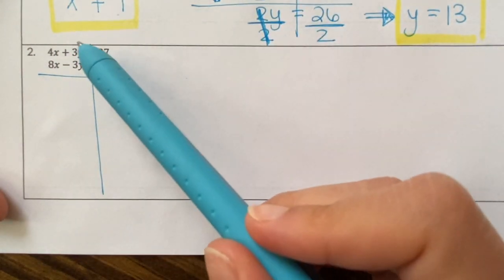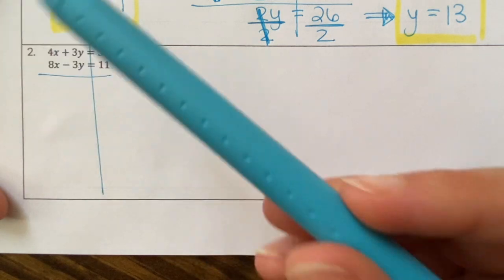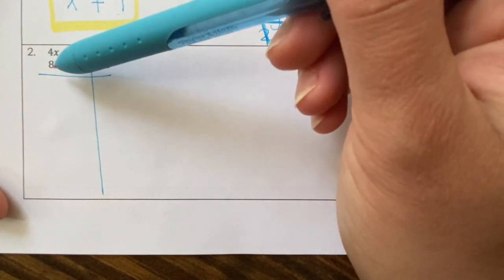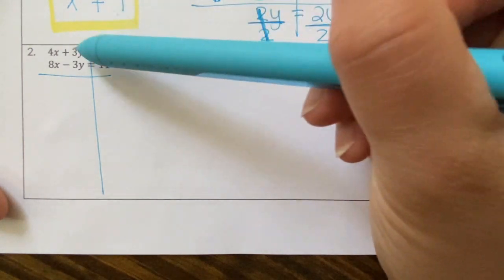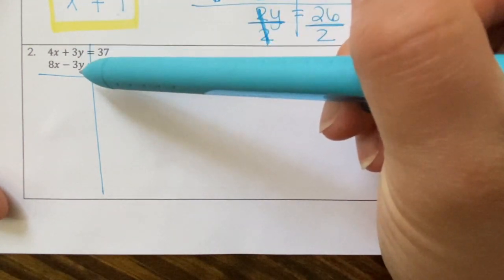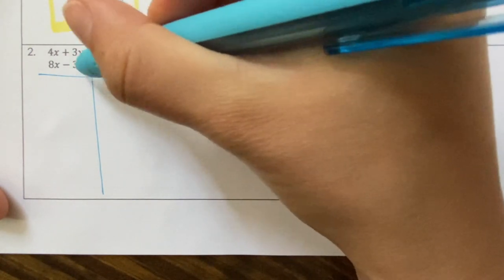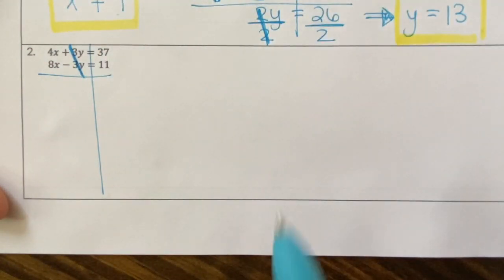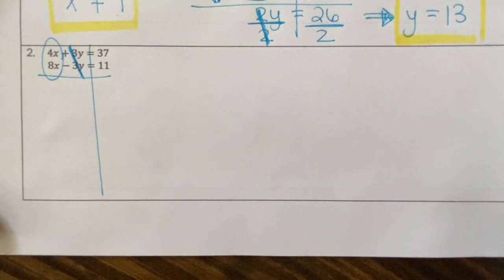So remember, this is elimination, so you're looking for two variables to eliminate. You know 4 and 8 make 12, so those don't add up to 0. However, 3 minus 3 does add up to 0. So positive 3 and negative 3 are opposites, they add up to 0, so those cancel. Then you want to combine your x's because you're allowed to add x's and x's. So 4x plus 8x is 12x